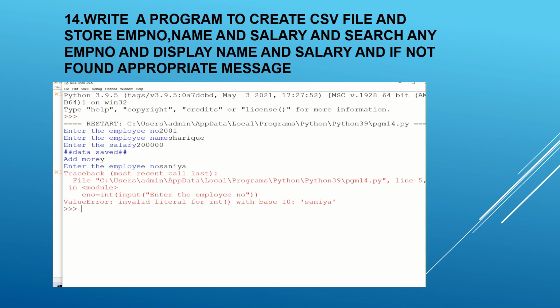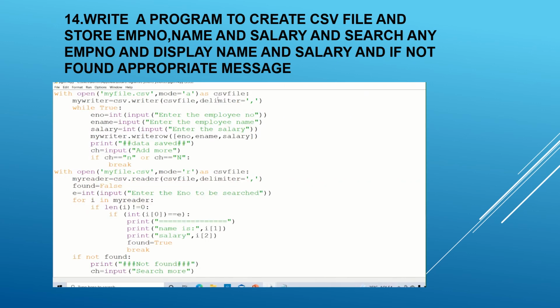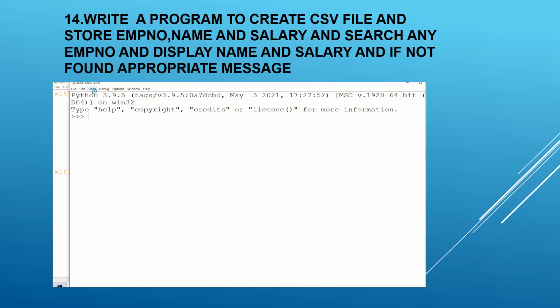Sorry, that was wrong because the employee number was given as a name. It is a number we want to give there because we have given int input. So let's go for giving it.